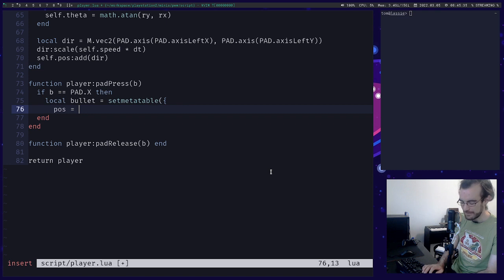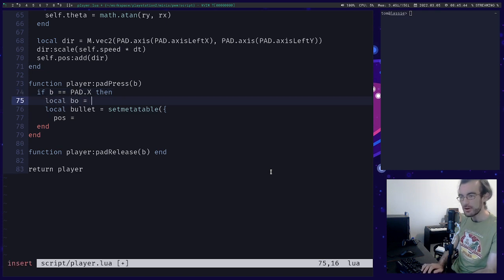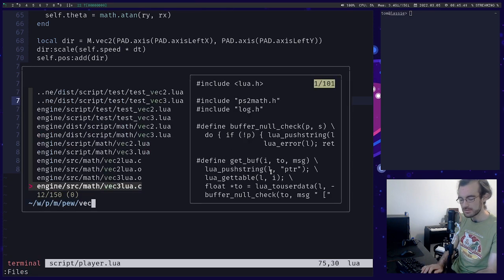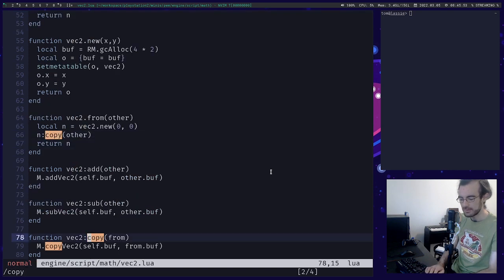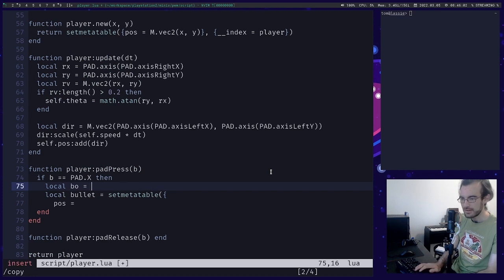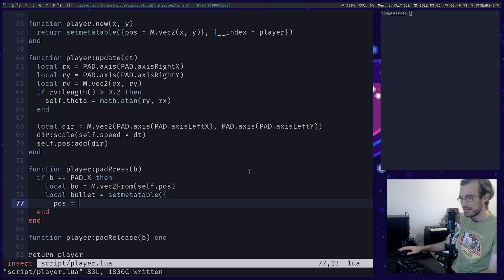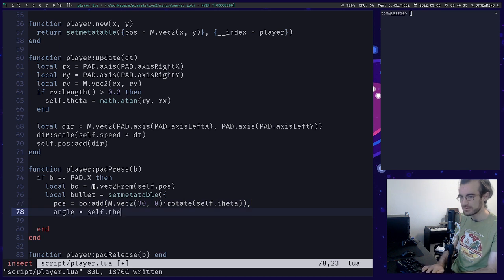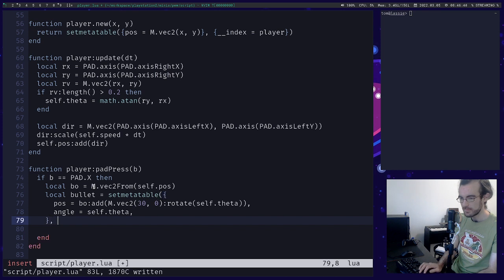So the position is going to be, let's make a copy of this. So let's go vec2.lure, I think copy, right? Yeah, beautiful. No, copy is static. Okay, hold on. Let's go m.vec2 from self-pos. So we start with the player's position. And then we grab some kind of displacement. Let's go with 30 pixels for now. We rotate it however many angles, but we add this on to our offset. So we can do this all in a one-liner. It's a bit gross, but we can do it. And then angle equals the player's angle. And the meta table is going to be